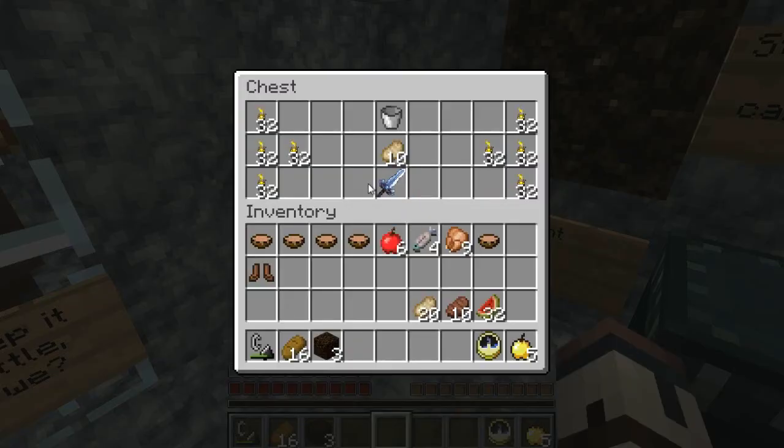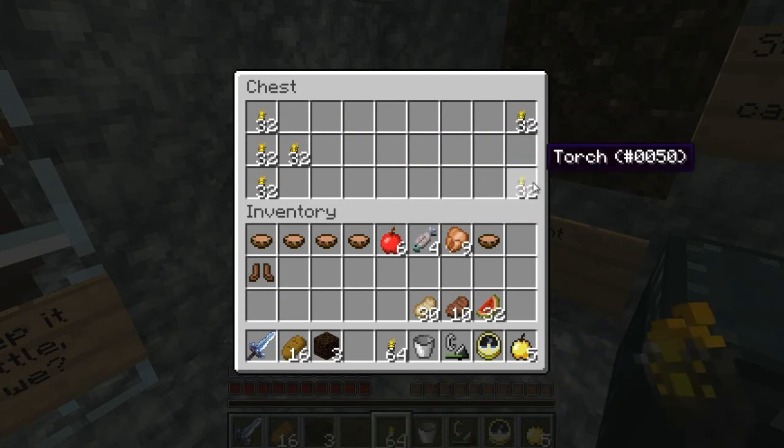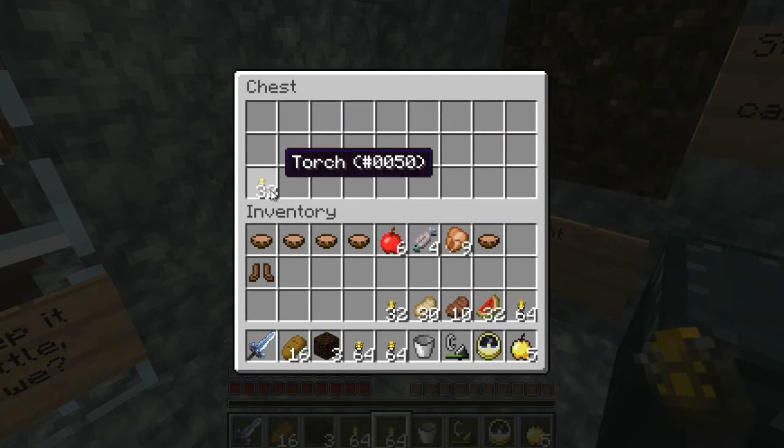Let's step it up a little, shall we? Eh? Ho! Oh, am I not supposed to be unpeaceful? Shite. Okay, let's get some buckets and some torches, and...